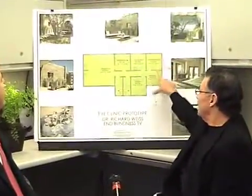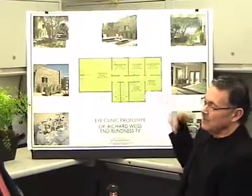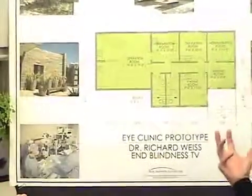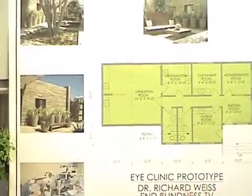What I did was to take a standard trailer size, a 10 by 20 or a 10 by 26 or 27, and then put them together in such a way that you create the space that allows you the operation rooms, the outpatient rooms, administrative functions, waiting rooms, etc., and bathrooms as well, that would be trailered. They could be either helicoptered in or trailered into certain locations and set up as an eye clinic. So this can be built in basically 5 different pieces, put to the site, opened up, and create your clinic